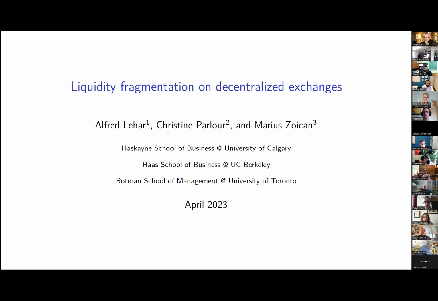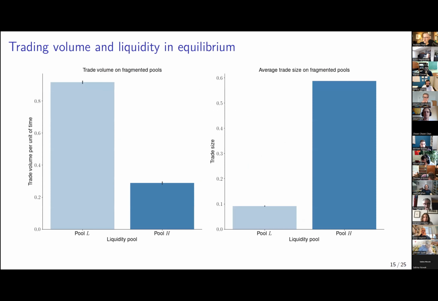But sorry, maybe the first question first, before you make the judgment call: have you looked at specifying what people would actually earn on these pools relative to the adverse selection loss that they might face as the price moves around them? Yeah, I think that would be a natural next step for what we're doing. For now, we're just comparing the volume that they're executing against the liquidity share that they have, and we see that there is this big mismatch. The deep markets have low volume and vice versa.